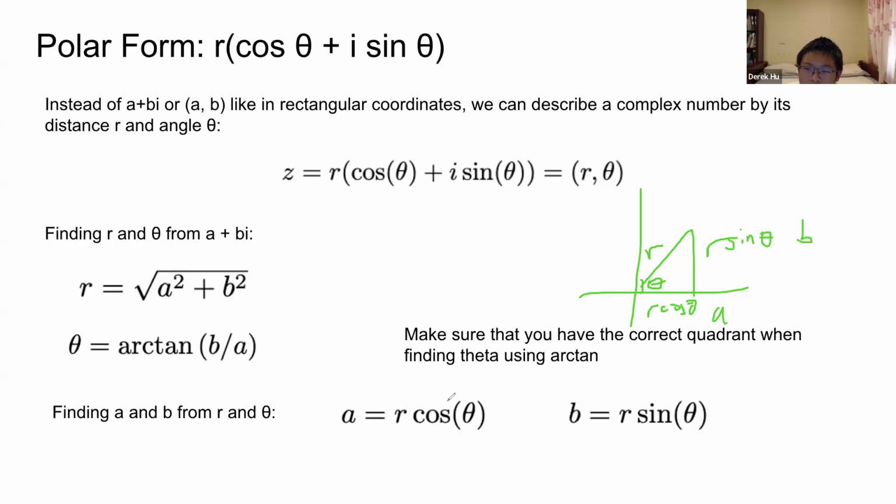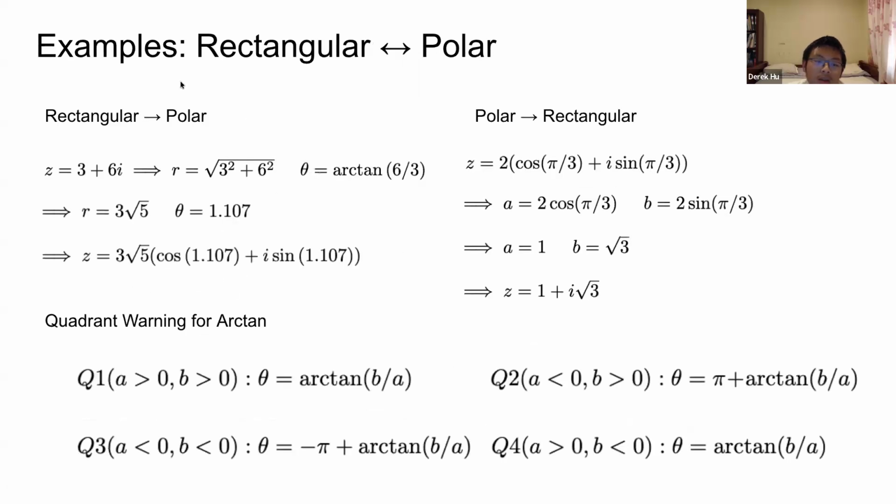If we use cosine, we have cosine theta is equal to a over r or something like that. And then yeah, we can just do some manipulation and then get this. Okay, so yeah, here's some examples of converting from rectangular to full polar form and vice versa. And then now I'll talk about